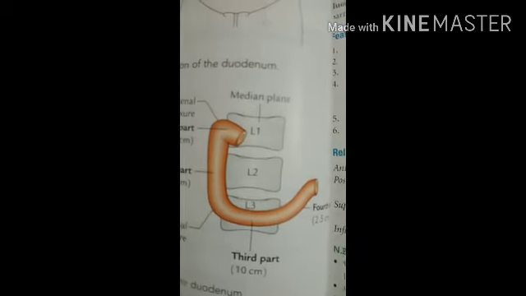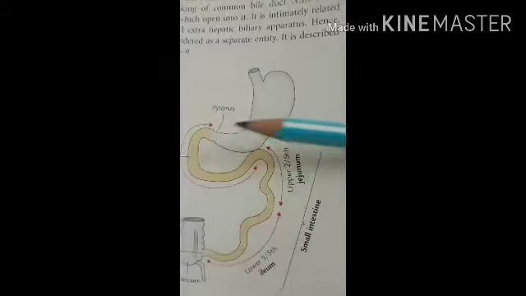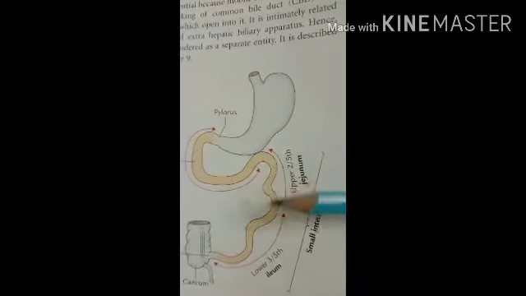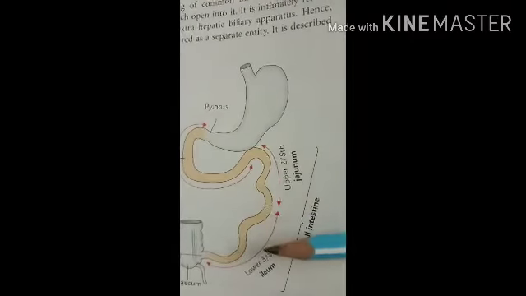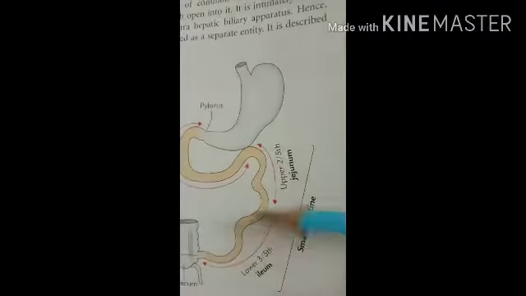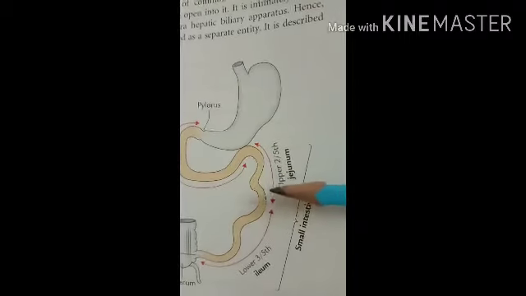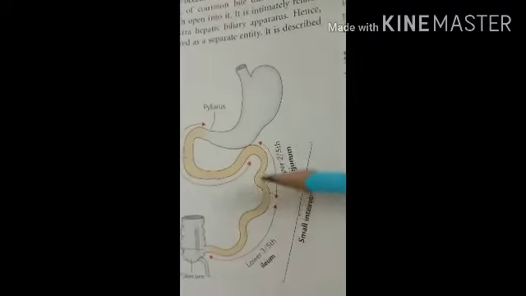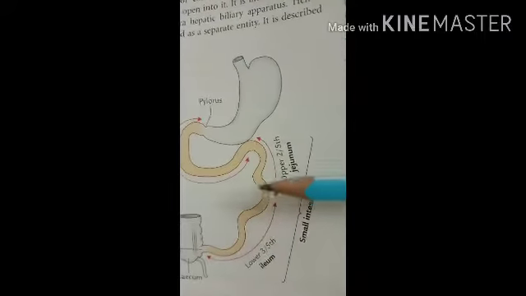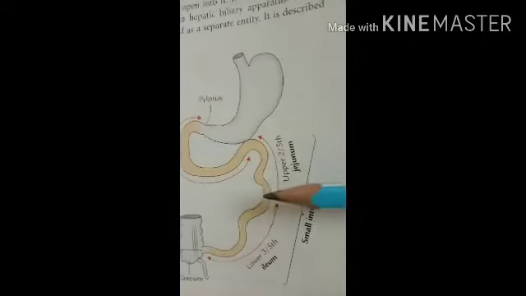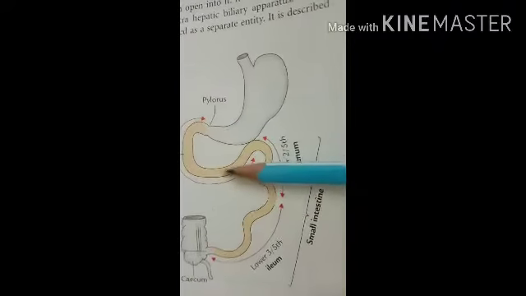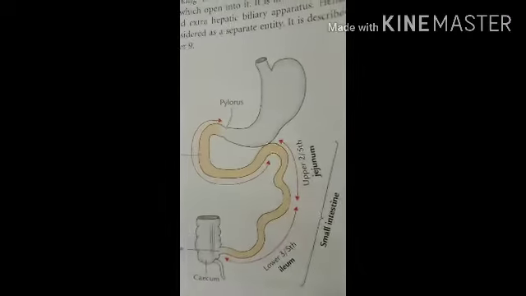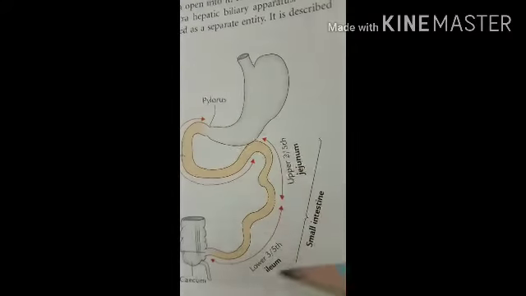After the duodenum, let's see the jejunum and the ileum. So that is the second and the third part of the small intestine. Okay, and this part is totally covered by the peritoneum and posterior abdominal wall, forming the mesentery. So that is the jejunum and the ileum. It is the most movable part of the small intestine, and most of the duodenum is fixed as it is retroperitoneal. So now we have to see the difference between the jejunum and the ileum.